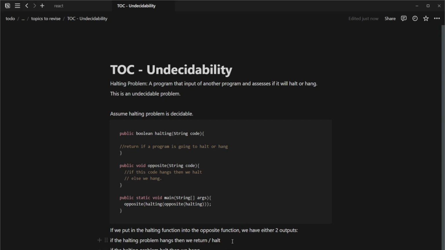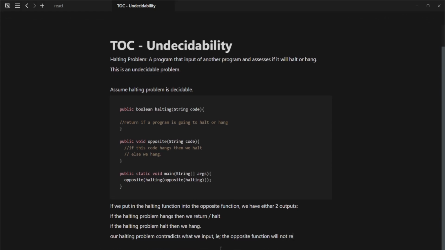Hopefully that does make sense. And then, whenever we have that, that means that our halting problem contradicts what we input, i.e. the opposite function will not hang if the halting problem has decided that it will, and hence due to this contradiction, the halting problem